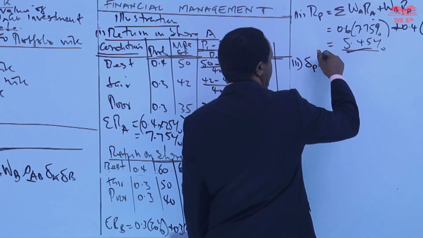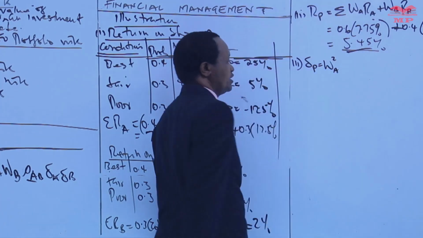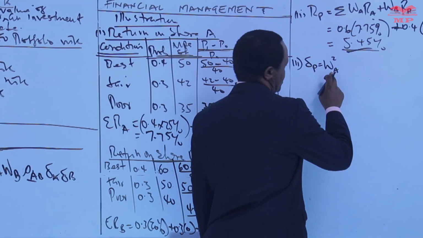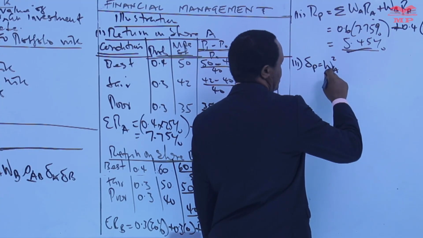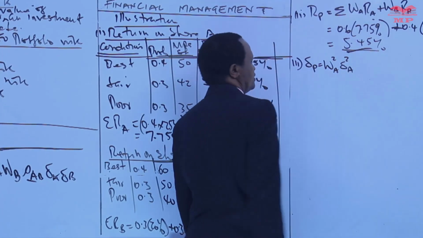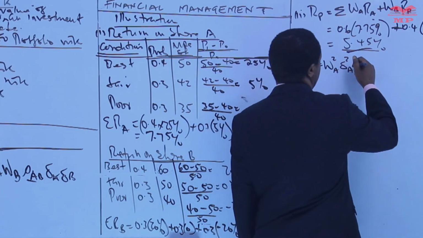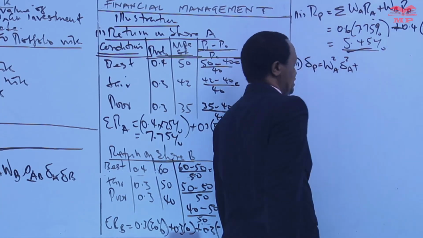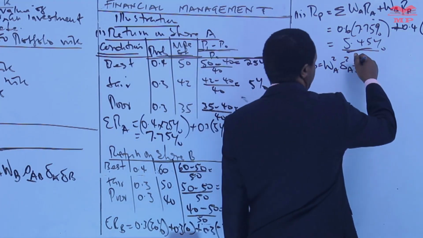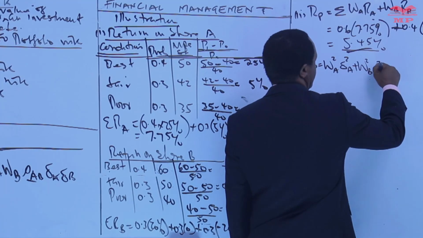We get the square of weight A. Then we get the product of this square, W squared, then the variance of A. The same thing applies for security B. We add the square of the weight of security B times the variance of security B, plus